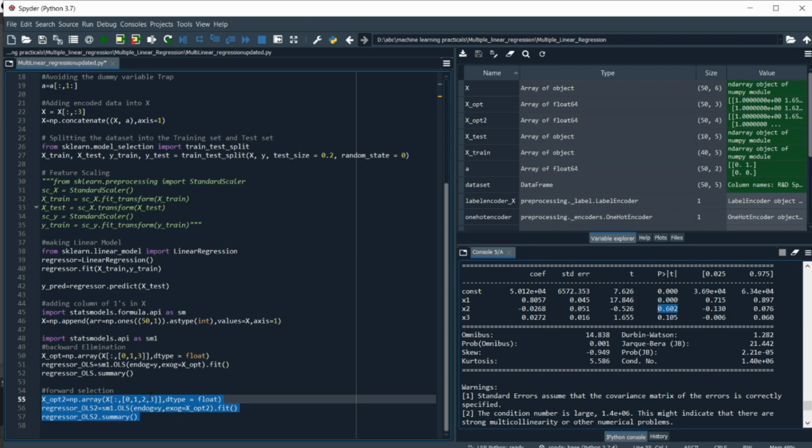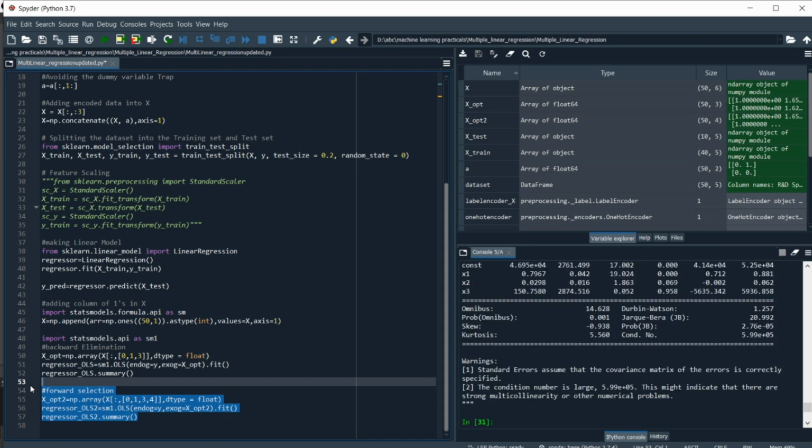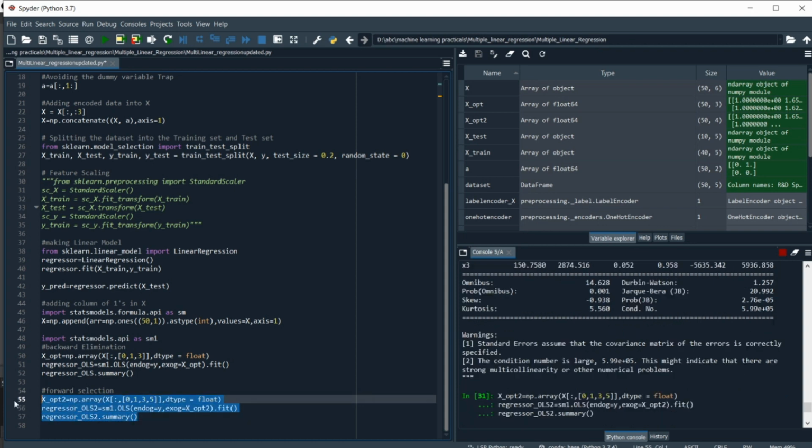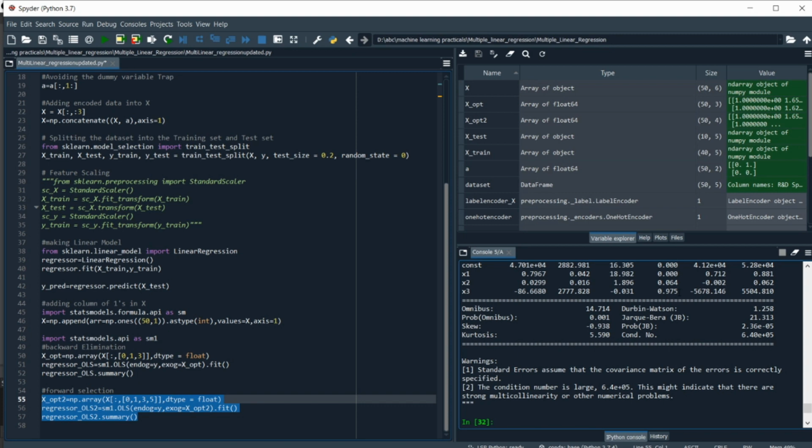So we are going to remove column 2 from here, and then now we are going to add column 4. So let's add it and access the summary of our model. As you can see here, it's also having a value more than 0.95. Now note it states third, because in the collection it's at the third index, but here at the third index it's 4. So we are going to remove the 4 from here, and then let's add column 5. That's the last column, and let's see the summary. Now here you can see that its value is quite greater than 0.5. That means it's also not related to our dependent variable, so we are going to remove it.